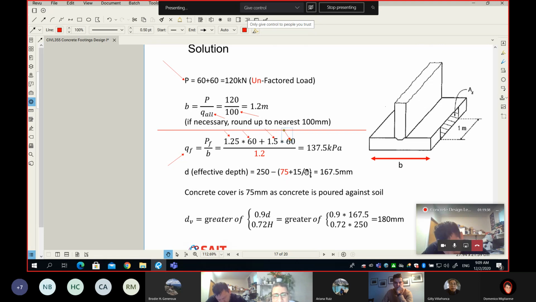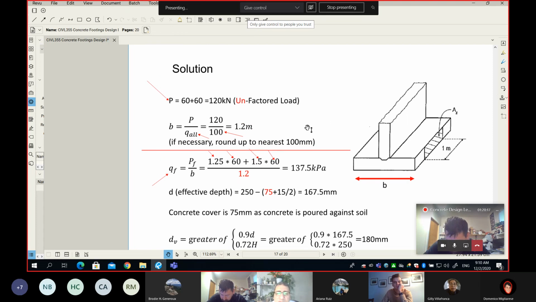Yes, my geotechnical engineer gave me a Q allowable of 100, but when I design my rebar, I need to use the ultimate limit state, and that's why I'm doing factoring right now. I know this is kind of hard to understand, why at one stage I'm using P working without factoring, and then later I'm getting my Q factor, because all my concrete design has to be in the ultimate limit state where all the loads are factored. So you can see here the Q factor is